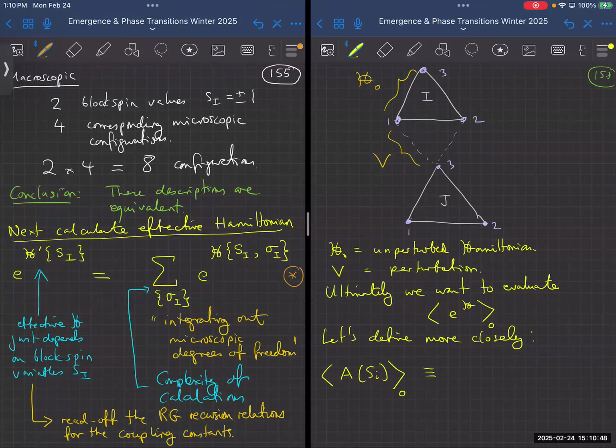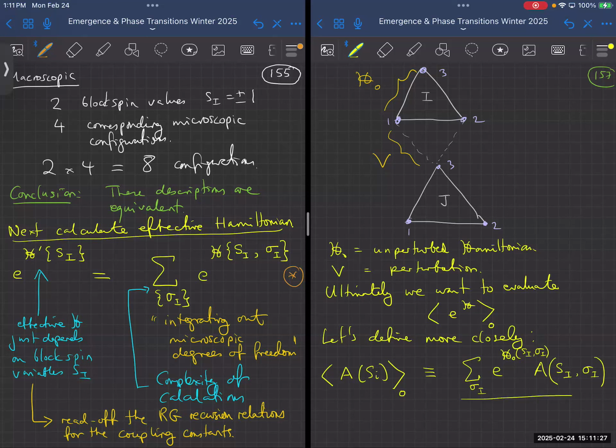So what I mean is I say, I'm going to take my quantity A. It depends on the microscopic spins, but the microscopic spins I can write in terms of the block spins and then the sigma spins, the microscopic spins. So I can write them like that. And then I'm going to multiply by e to the h naught, which will depend on the block spins and the microscopic spins. And then I'm going to take an average over my small spins, my microscopic spins, and then